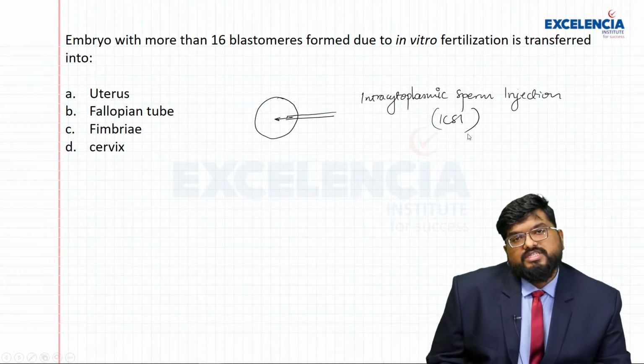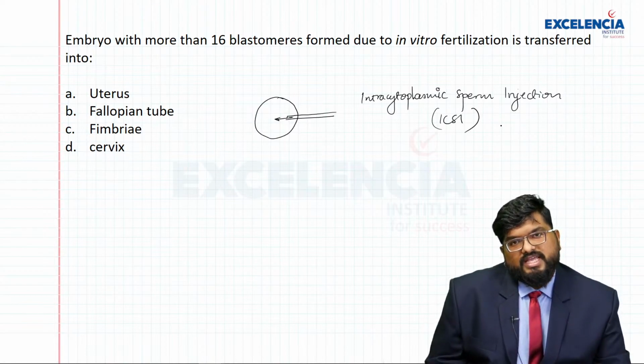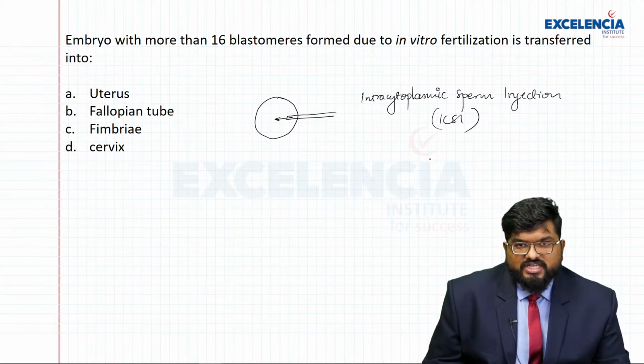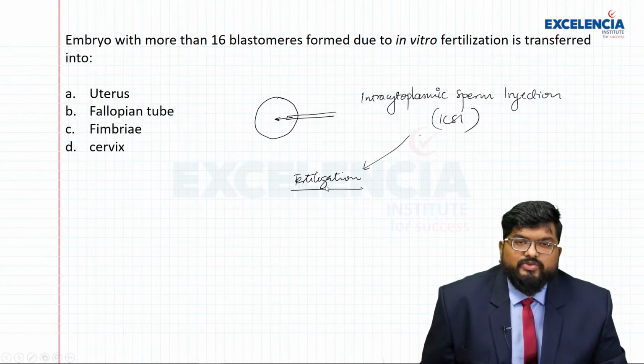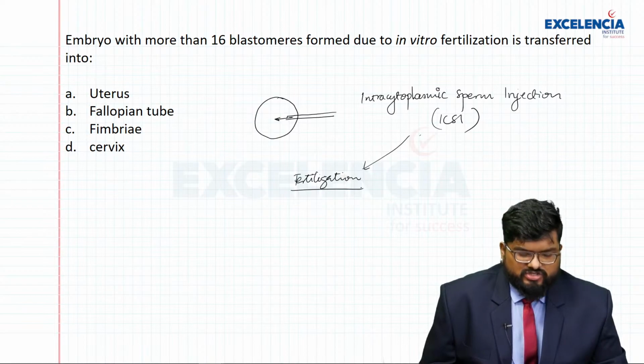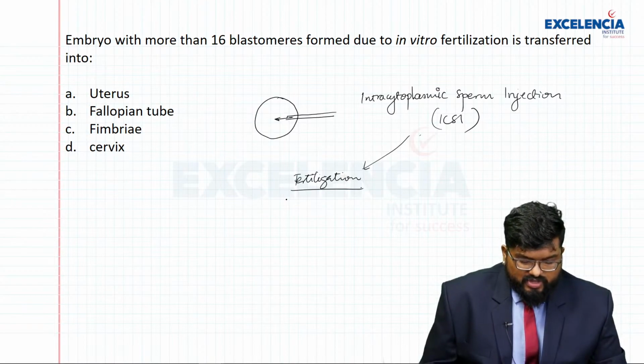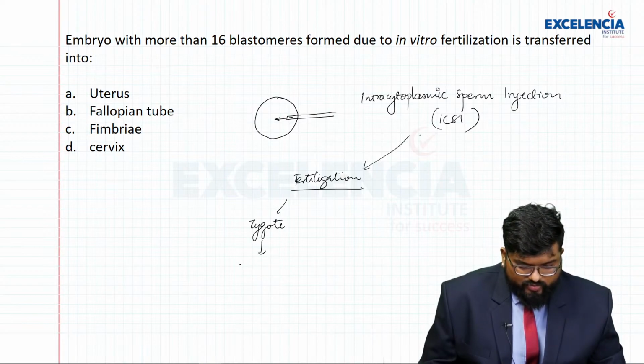Yeah, intracytoplasmic sperm injection, or ICSI. Now this intracytoplasmic sperm injection, or ICSI, results in what? Fertilization, isn't it? Yeah, what does it result into? It results into fertilization. Now when it results into fertilization, it will now form the zygote, and the zygote will